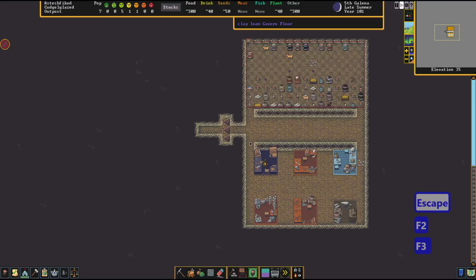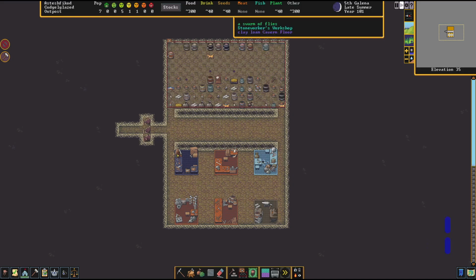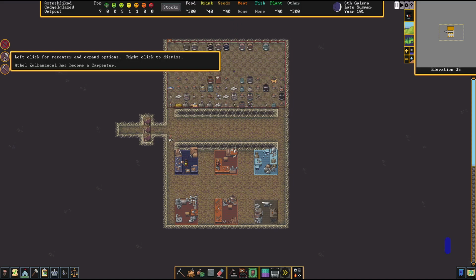So I think with this fortress, I'm going to try and play it a little bit safer. I'm not going to do any crazy experimentation with water and stuff like I did last time. But hopefully we can manage to keep this one going for as long as possible. We'll see what happens. If we lose too many important dwarves or something crazy goes on, we'll start over. I'm not against that at all. But